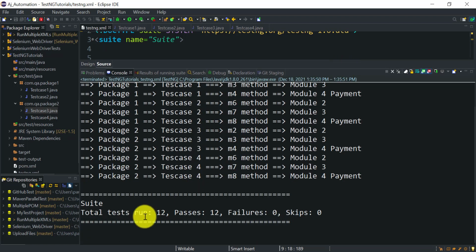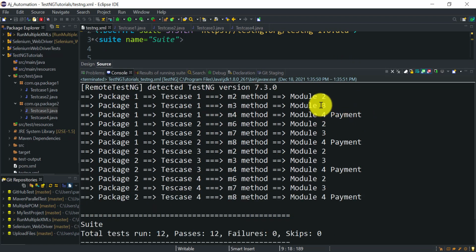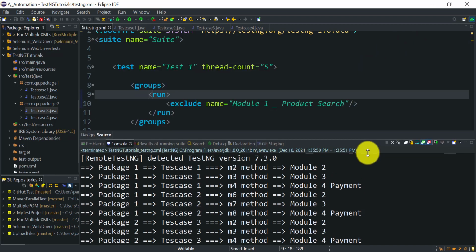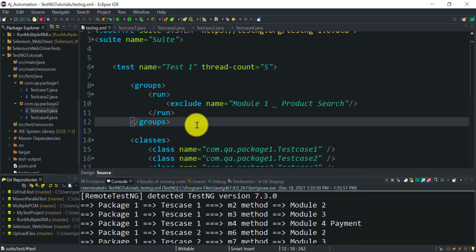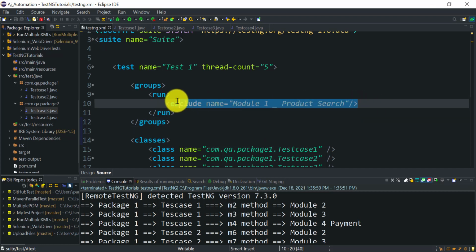So we should get total test run 12, and you can see module 2, module 3 and module 4. Okay, so there is no test method related to our module 1. So this is very simple, just use include and exclude depending upon requirement, and TestNG will do the rest of it. And for multiple I can exclude also and I can include also.